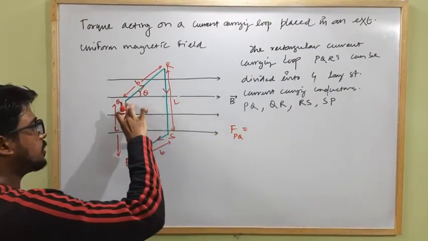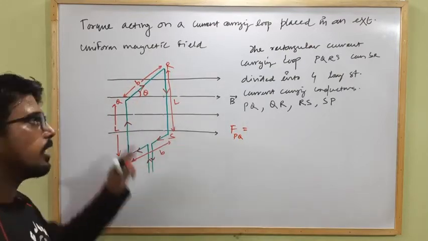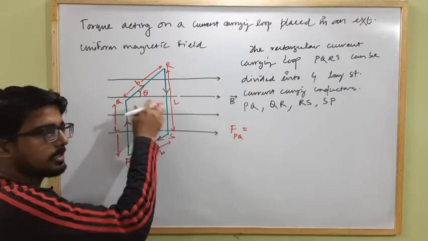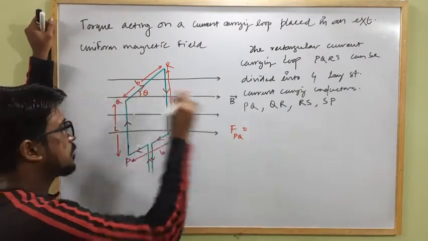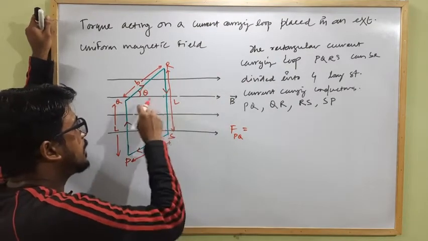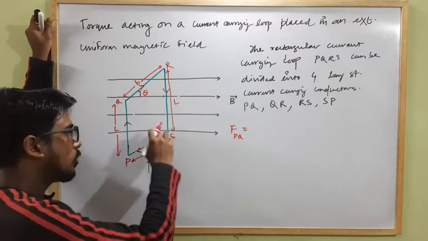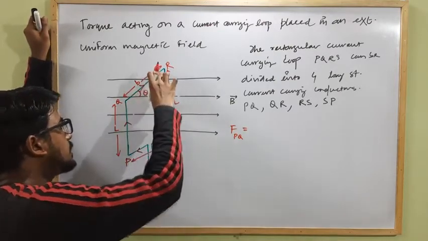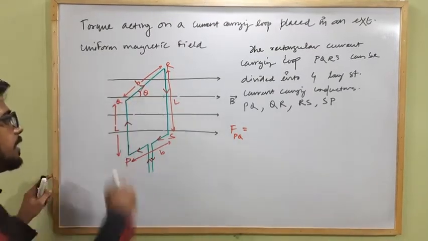If I am considering this segment only, the net force acting on the complete loop is 0. We already discussed in previous lectures that if a current carrying loop is present in an external uniform magnetic field, as here the magnetic field strength at each and every point is the same, so this is a uniform external magnetic field, the net force acting on this loop will be 0, but individually for each segment the force is not 0. So what is the force acting on this segment PQ?